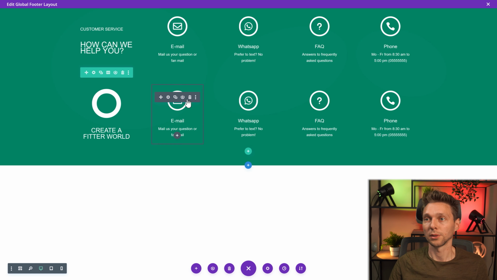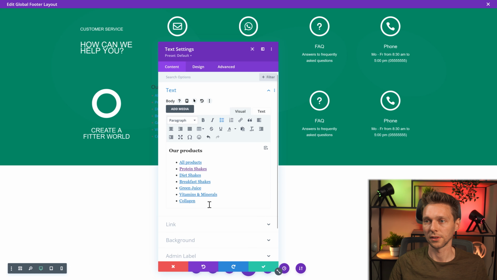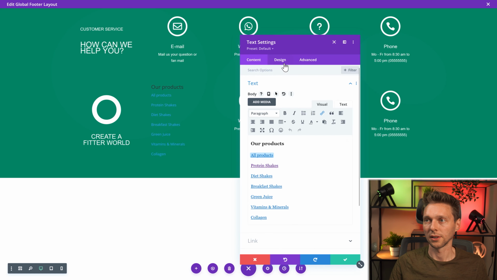This is great. Then we're not gonna use these blurbs, but we're just gonna use text modules for this. And the text module is actually an H3, which has our products, and below the H3 will be all kind of links. Then we go to design, we go to text, you go to this hyperlink icon. It's also the same when you press this, you get here, but you want this one. Make it Gilroy regular. We're gonna make them white.